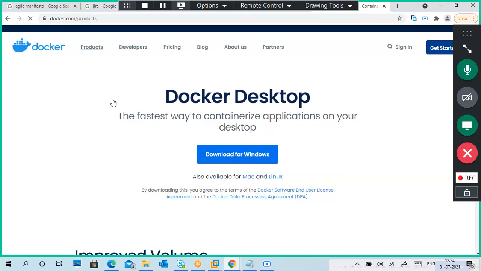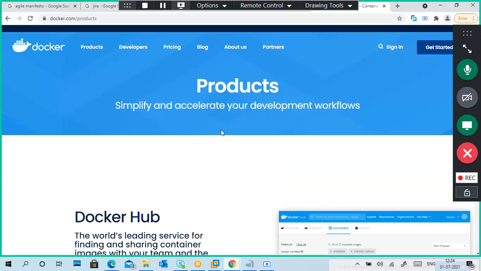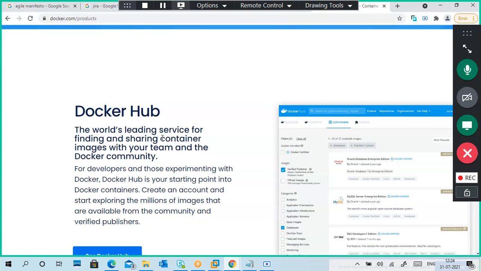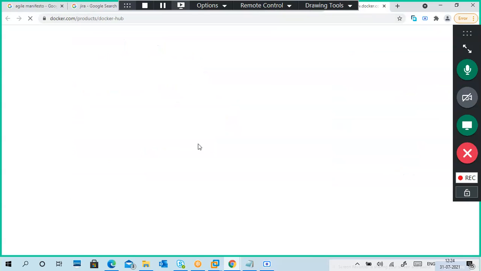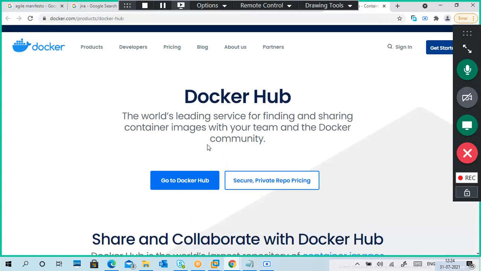So I'm going to docker.com products. Docker Hub is also there. This Docker Hub is like your GitHub only.